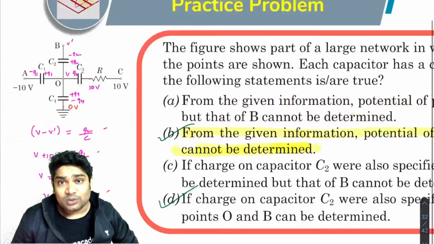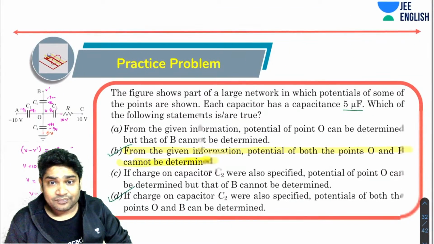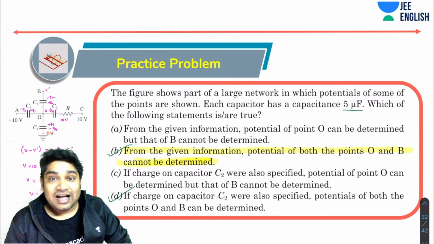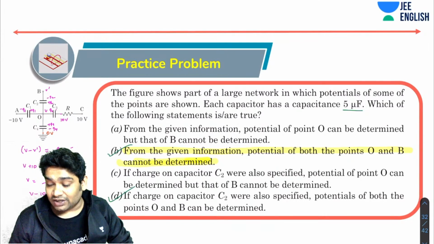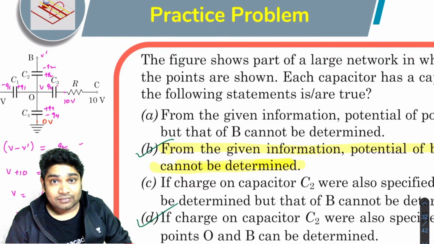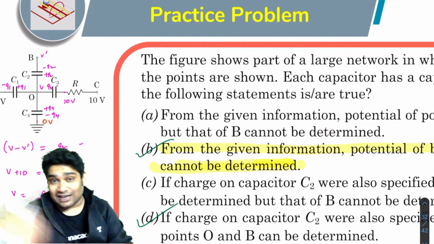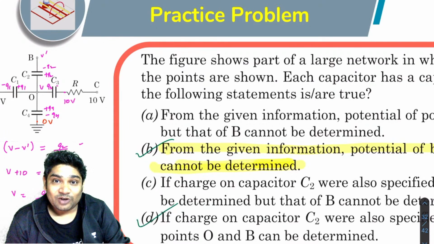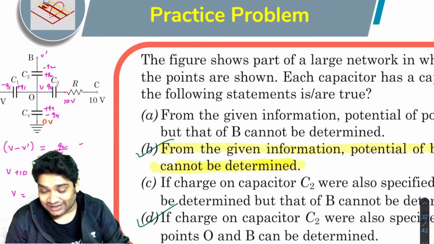Assuming that only the steady state solution has been asked, I would have formed equations for potential differences. So I would have gotten 4 equations, and then I would have had charges. One equation for the conservation of charge, that the net charge on all the capacitors would be 0. And that would have helped me solve all the equations and get all the answers.